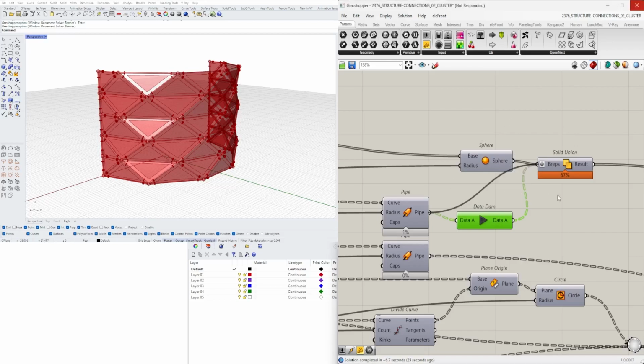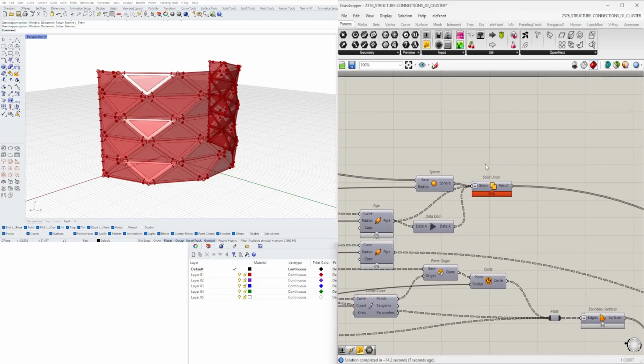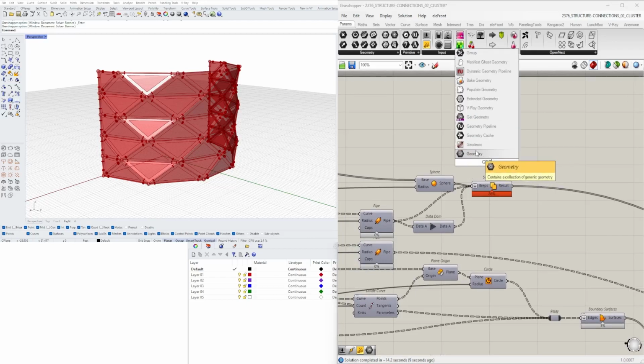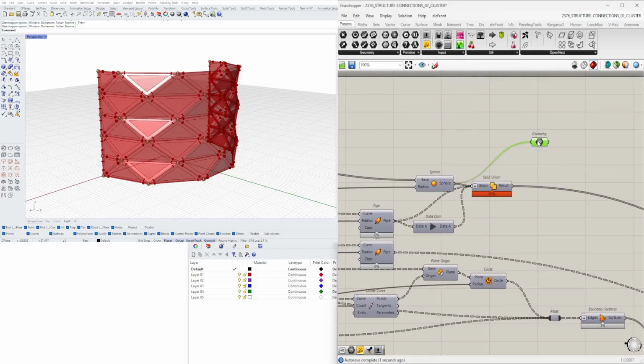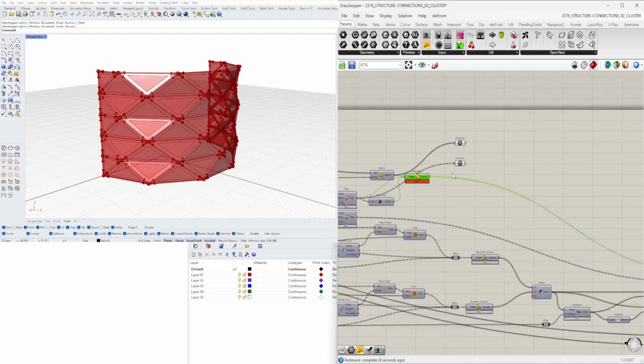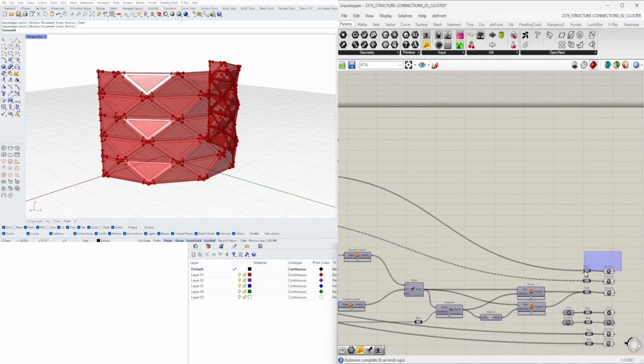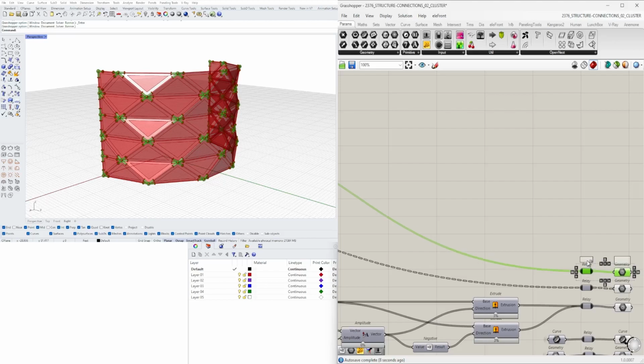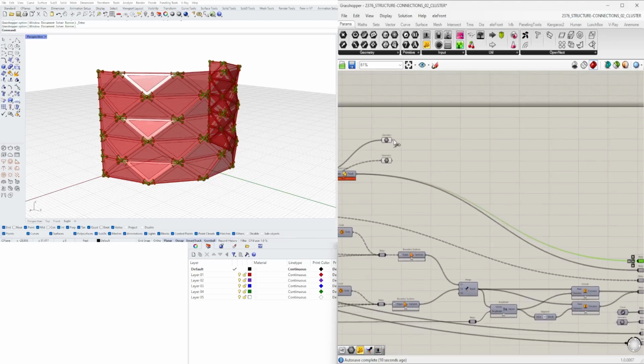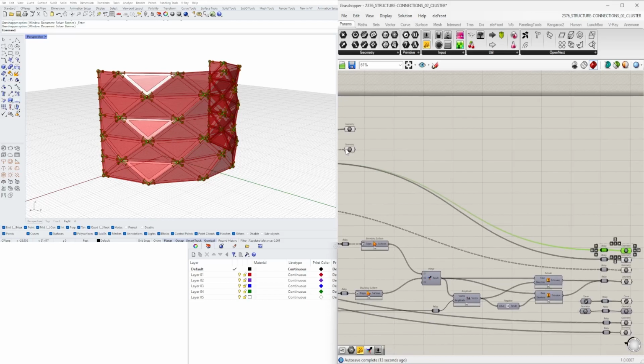So this is where you start getting into the many variations you can create of a script. So I actually feel like we can use a geometry output for the sphere. We can have a separate one for the pipes, and we can do the union after the cluster, and I'll show you that here. So first this one,